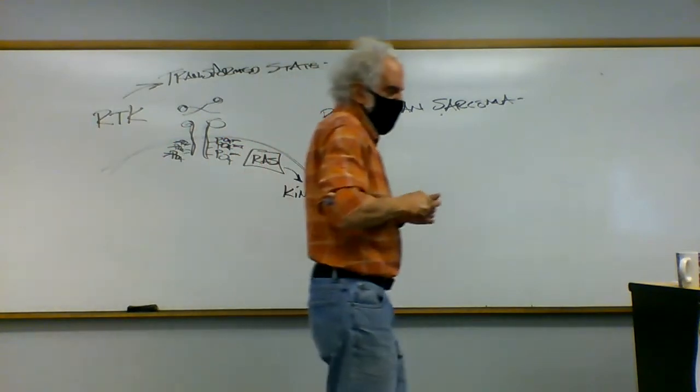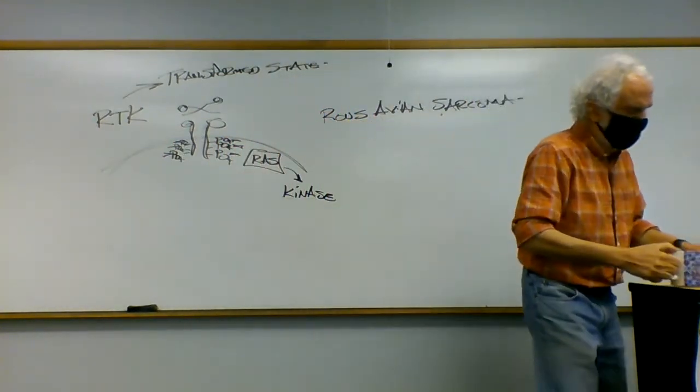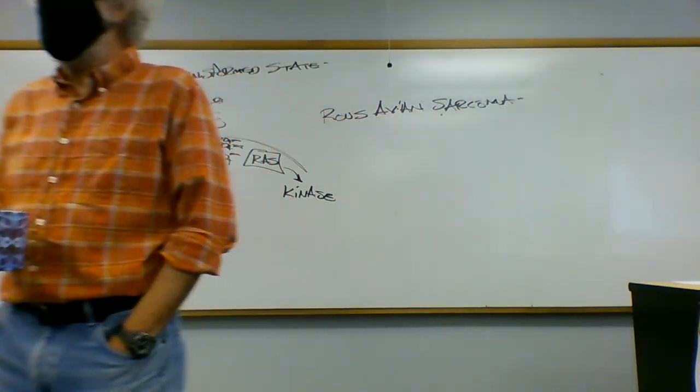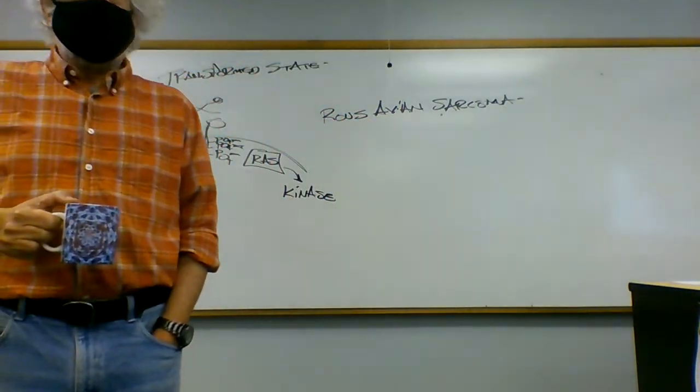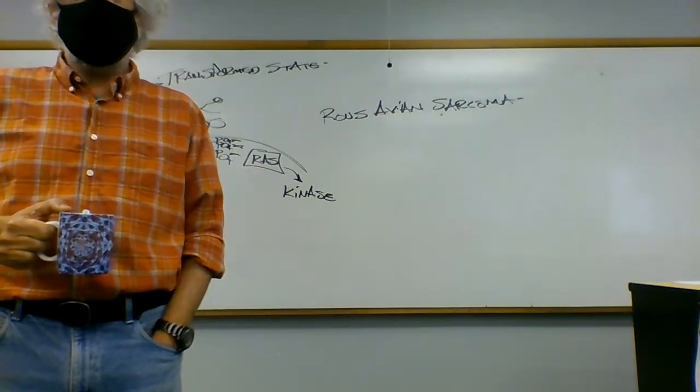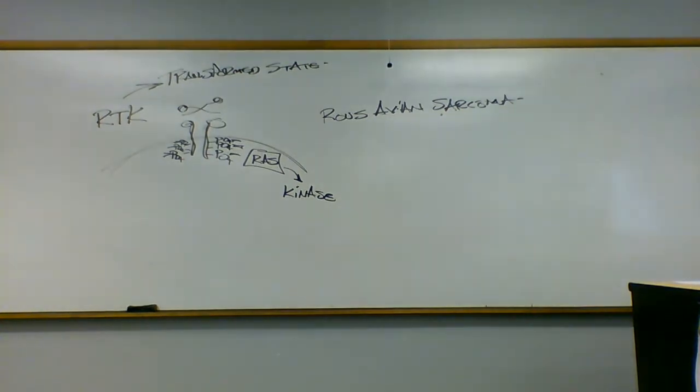Another system that was like this was the MAP kinases. These are the mitogen activated protein kinases. And that's the one where we have the MAP kinase and the MAP kinase kinase and the MAP kinase kinase kinase. Is the cross-phosphorylation going on up top above, or is it down below with all the phosphates?